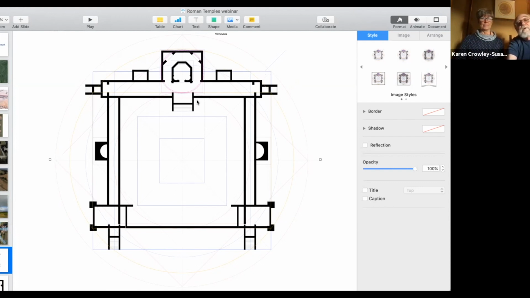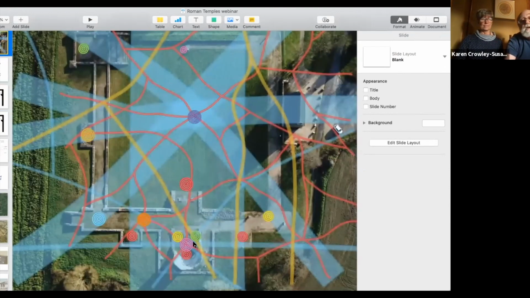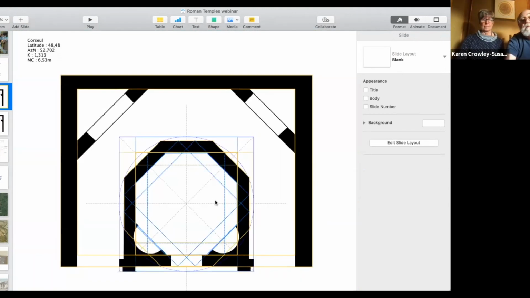So here we have a decagon. We're going to talk about it a little bit after. And here we have the cella, the octagonal cella. So you remember, here we have this point, these points, okay? And so we have the cella here, and the cella is